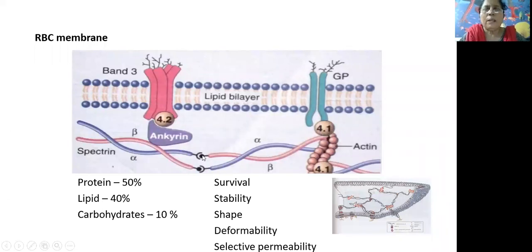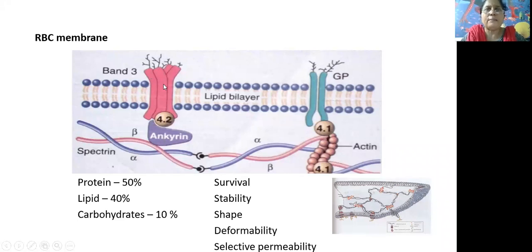So here you see these are the spectrin in the twin. There are two intertwined chains, the alpha chain and the beta chain. So here at the head end there is an anchoring protein that will be connecting with band 3. So these proteins are all important in hereditary spherocytosis.